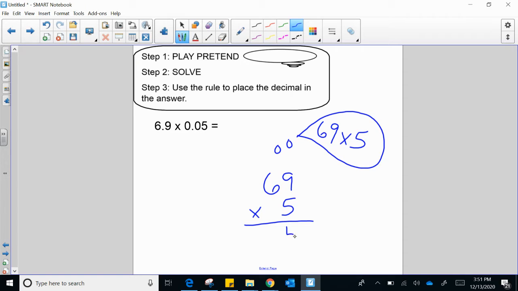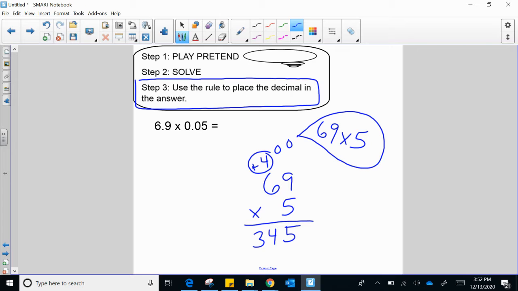5 times 9 is 45. I'm going to carry the 4 to the tens place here. And 5 times 6 is 30, plus 4 is 34. Now, this is showing the first two steps, but we know that we still have to put the decimal point back into the answer. And to figure out how to do that, I'm going to look at the original problem